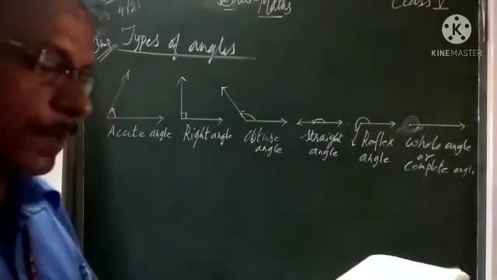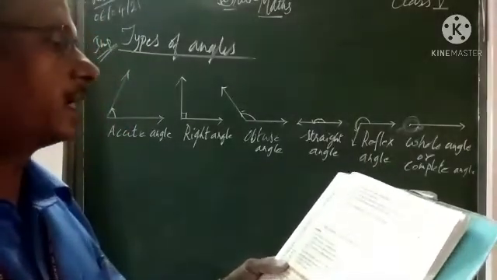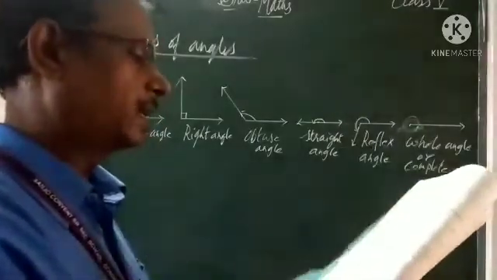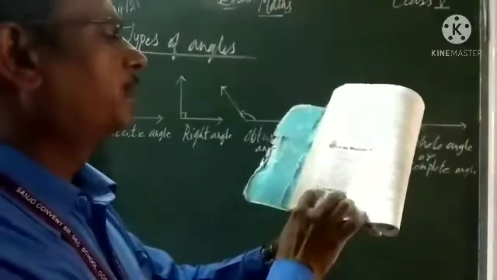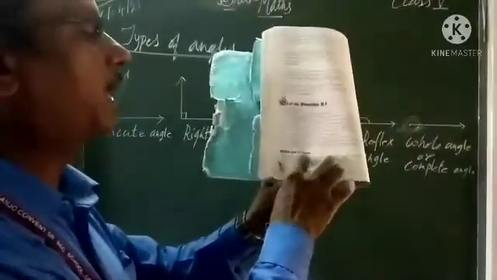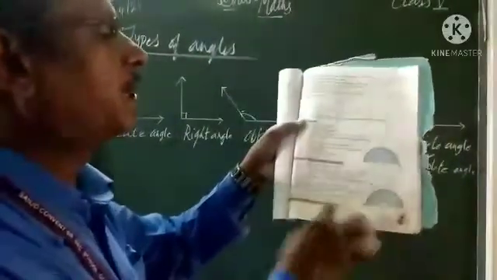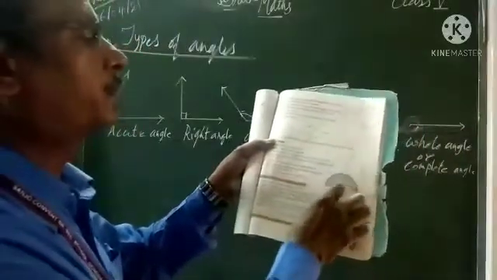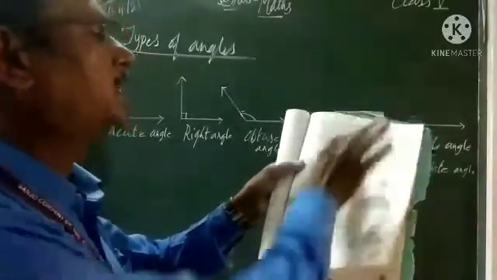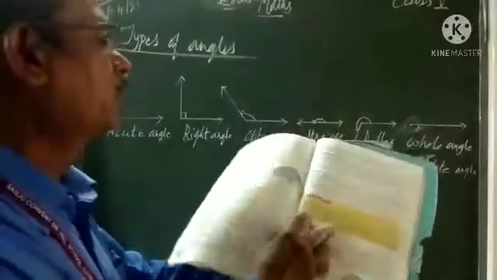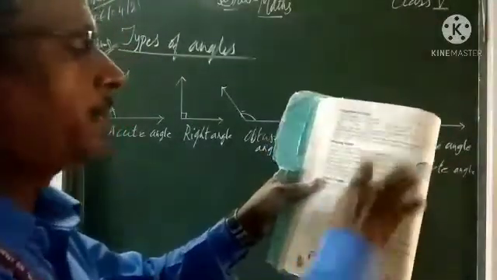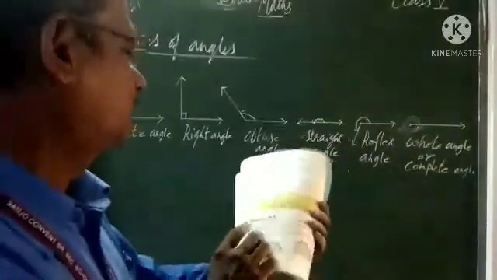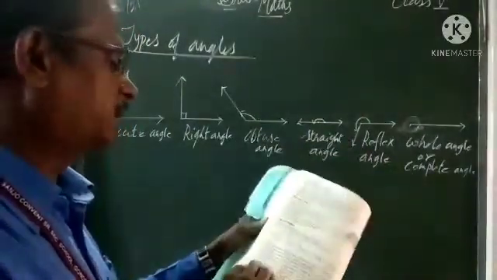So open your textbook, page number 312, angle and its type. As it is, give this heading on top and write this one. This page completely you have to draw. If you want to draw that protector, draw, otherwise let it be. This page completely you have to make. Draw, and the comparison of angle, drawing angle and types of angle, this page also. Okay, this page no need, tomorrow I will explain that one.